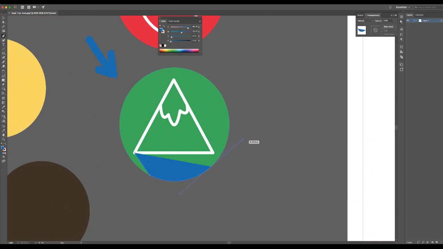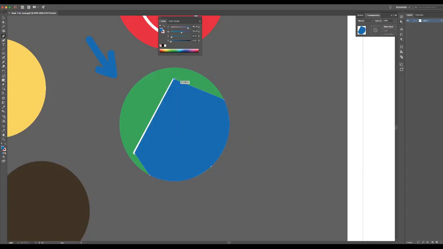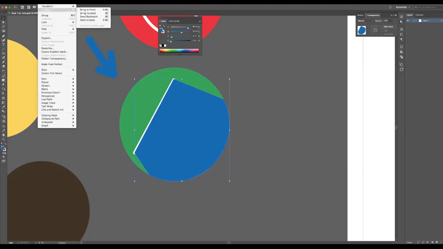It seems like you should be able to do a half circle without any issues with the pen tool, but it's actually easier if you break it up into segments. And you'll work your way around. This dot is probably a little high, but I'm not going to worry about that right now. I'm just going to take it up to the top of the mountain, and then I'm going to drop it back down. Now, because my stroke,